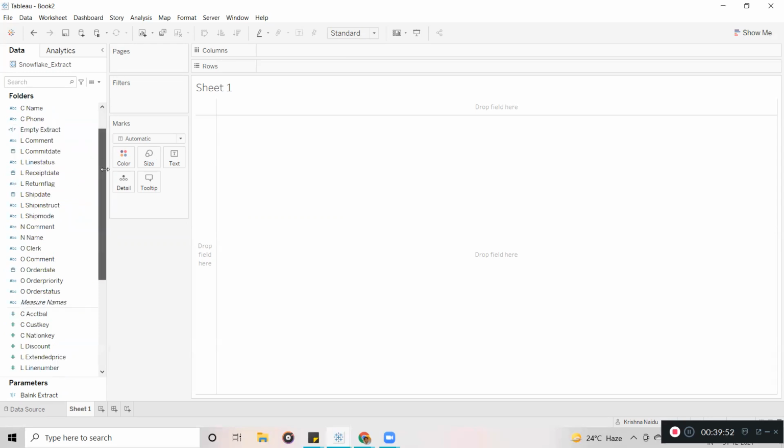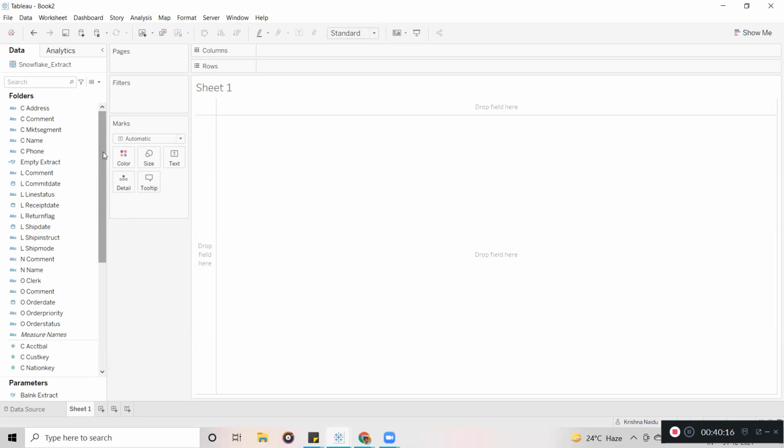And also here, guys, you can group the data, meaning you can create your own folders to organize the data for understanding purposes. For example, let's assume you have 50 sales-related columns.